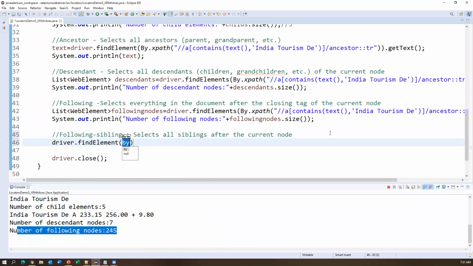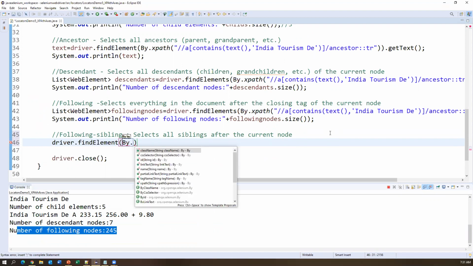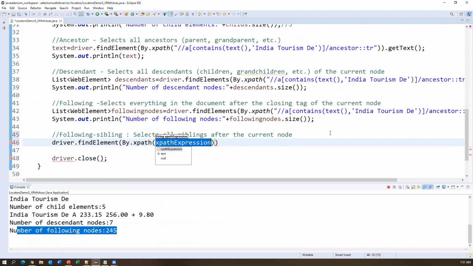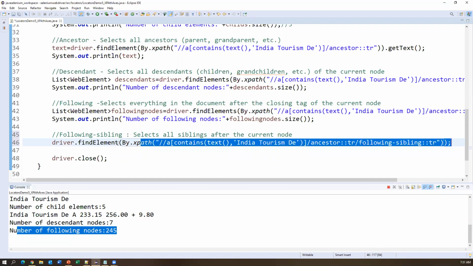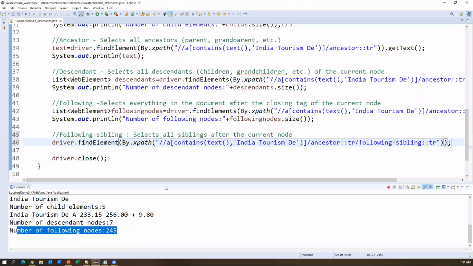Driver dot findElement. We'll see more examples, guys. So driver dot findElements and by dot XPath, the sibling one. Again I'm storing them, and this is again returning multiple web elements, so I'm saving with findElements, and this is followingSiblings. The type of this variable is list of WebElement.